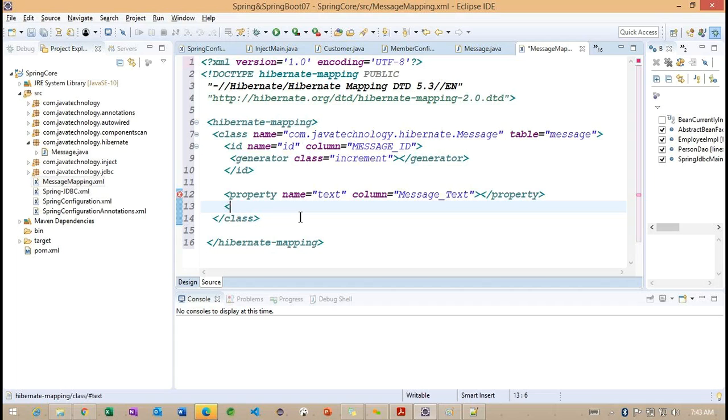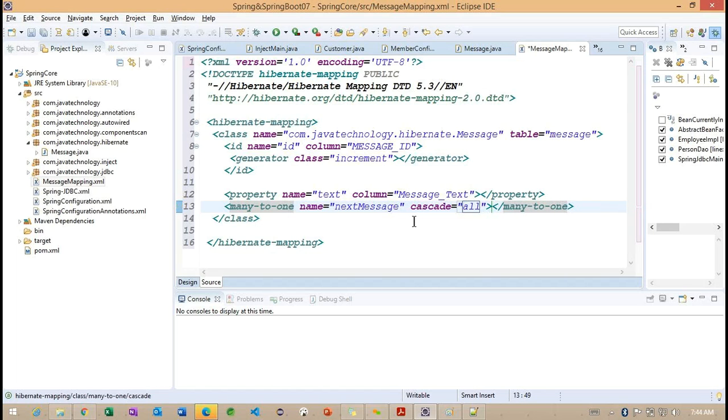So back to here, to work on this information, we need to create a join called many to one. So here we need to work on the many to one. And what is the name we are having? Something called next message. The name of this many to one join is next message. And here I want to provide all operations, something called cascade. Whenever we specify this cascade here, all.